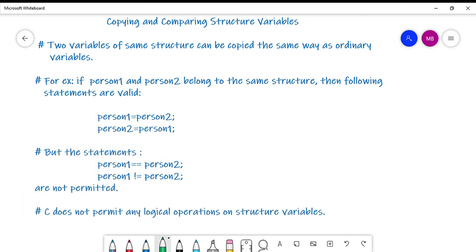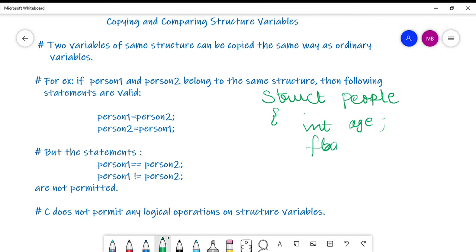So if I have a structure, struct people, and then the members are int age, float weight, float salary, right? These are the members.